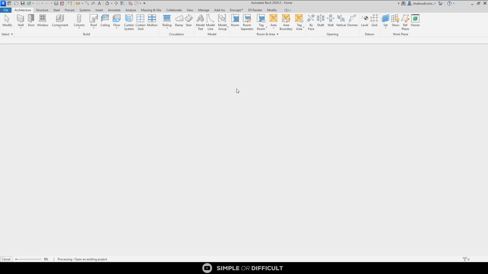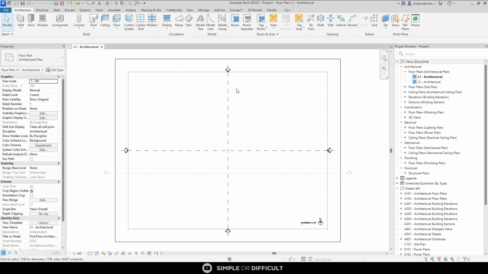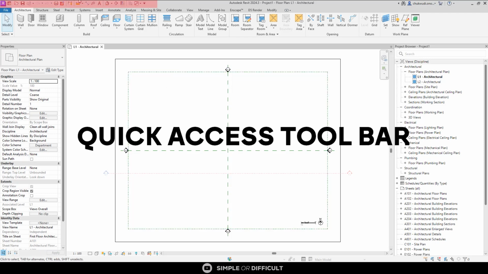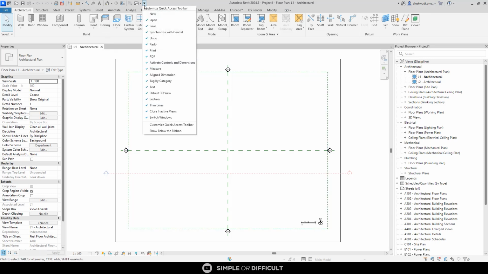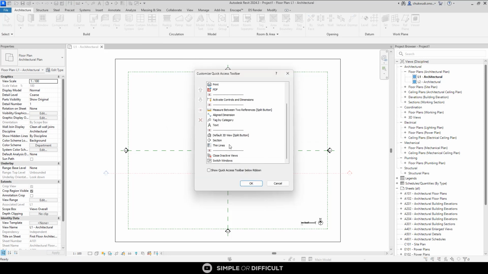That is going to open up the Revit user interface that we're going to be using to create the project that we're going to be creating. Now, I am not going to go deep into this, but I want to introduce you to the Revit user interface. I'm going to speed through it, right? So on top here is the quick access toolbar. You are going to be able to access the tools that Revit feels like you use all the time up there. Now you can drop it down and then customize it and add new